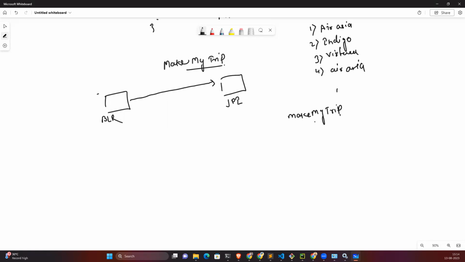So let's suppose I have to go from Bangalore to Jaipur. I will go to Make My Trip. Then Make My Trip will ask me for the source station, destination station, and number of adults, like how many members are going to travel, and whether any child is traveling with you or not. They also ask for the date of journey, DOJ, and number of people. So it asks for this kind of information,